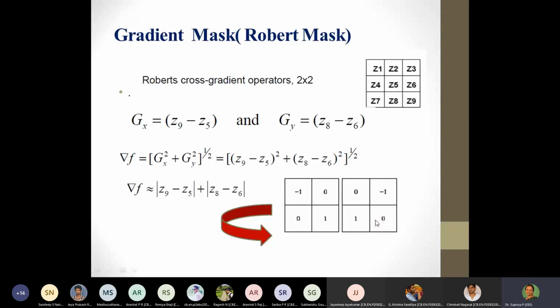So the two masks are available. Roberts mask is good in the sense it is only a 2 by 2 mask, so it is computationally faster, but its accuracy, because it is only a 2 by 2 mask and it uses just the cross gradient, is slightly lesser, is what has been generally observed. Anyway, finally we will make a comparison of the masks, then we will just list out some of the significant features.